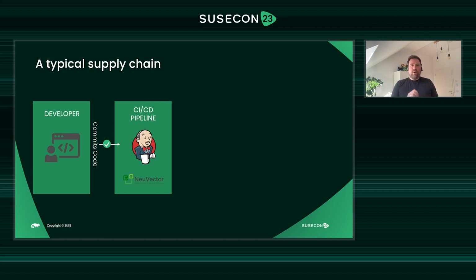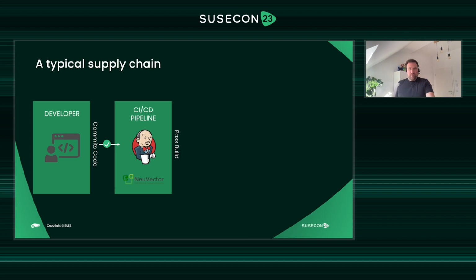And this is the first point where you can integrate NeuVector. You can directly integrate the NeuVector image scanner into your CI/CD builds. And as soon as NeuVector finds a container image that has just been built that has a known compliance or security issue, the developer will get immediate feedback. Either they'll get an alert saying, hey, maybe you need to fix something, or you can even make the build fail. If everything is okay